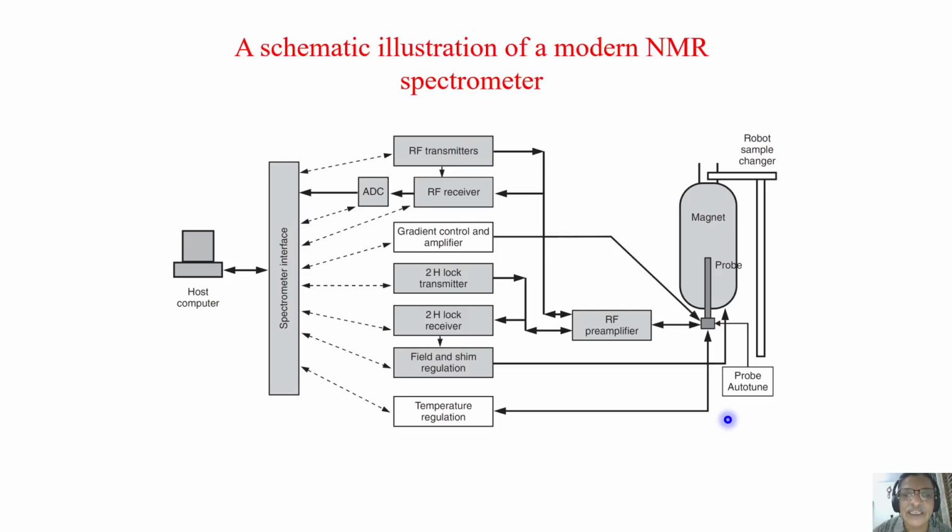This is a schematic illustration of a modern NMR spectrometer. It consists of a magnet, which is a superconducting magnet. I will tell you more as we go ahead. And we have a probe, which is put from the bottom, and you have to insert the sample from the top. Nowadays we have a robot to do that job. We have a preamplifier for the detected signal. The EMF induced, we collect as a very small voltage, microvolts. That is very small. It has to be amplified by a preamplifier.